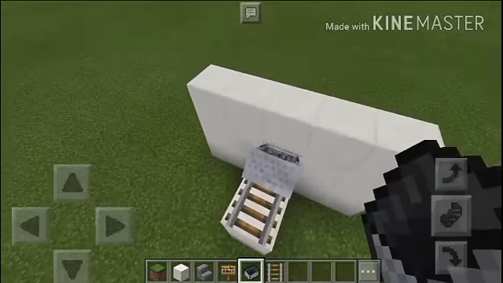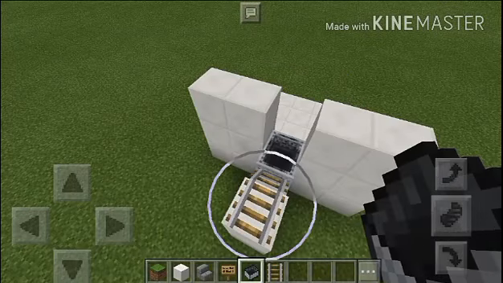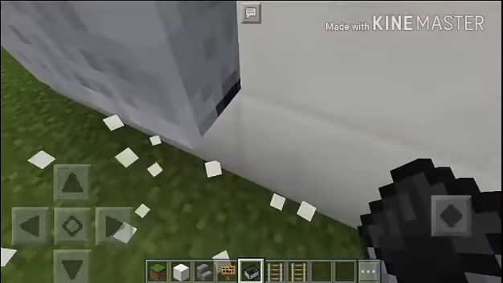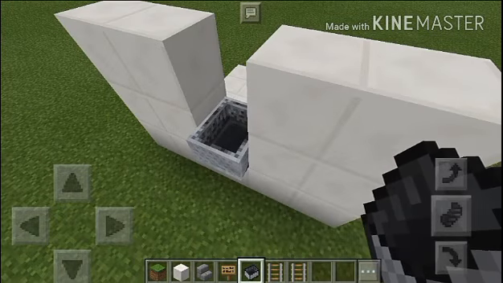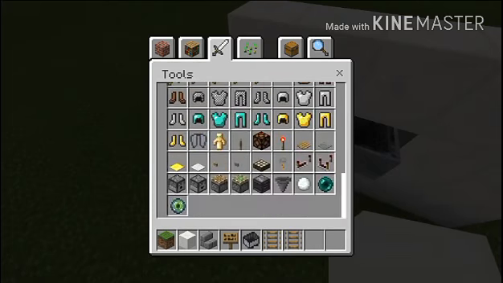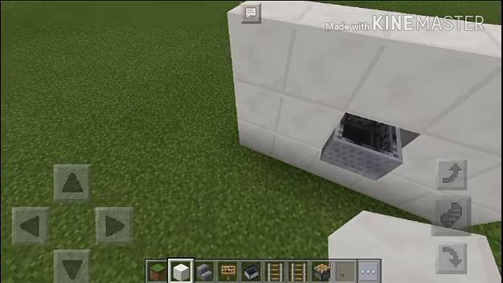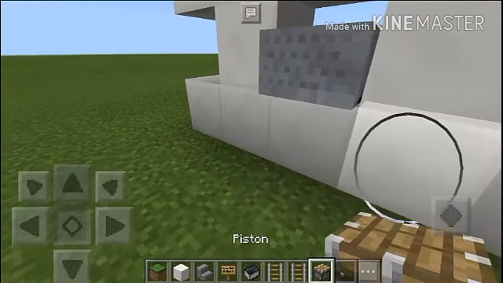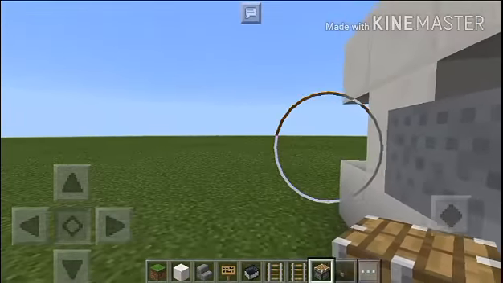Oh, like that. And like that. We need also the piston and the button. And you break that, and you point here.